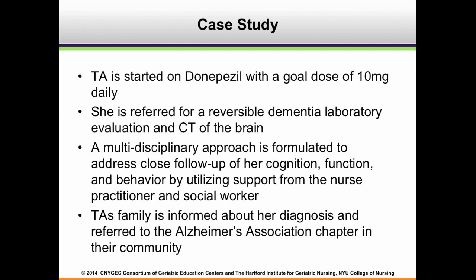and also to begin to make really strong referrals for TA's family, her husband and her son, so that they're both informed about her diagnosis and the potential progression of her disease. And we are suggesting that the best first referral, at least, would be to the Alzheimer's Association. And the Alzheimer's Association has chapters in many different communities, and they have a really excellent website so that the